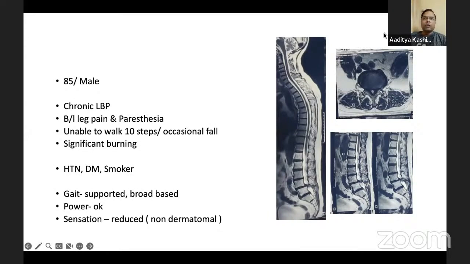I can explain to the patient before surgery that there is stenosis higher up also, but in view of the high-risk condition because of medical conditions, we have to reduce the surgical time. As Dr. Mohit had already said earlier, consented decision is more important. When you understand, you explain everything to them. But I'm doing only the symptomatic level. The other levels can become symptomatic later on. Rightly said, Aditya. Perfect.